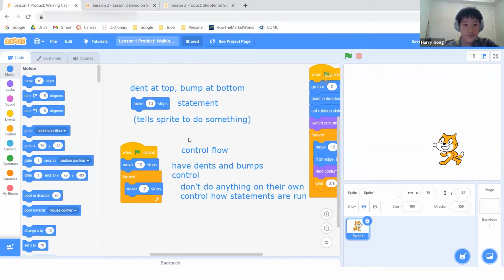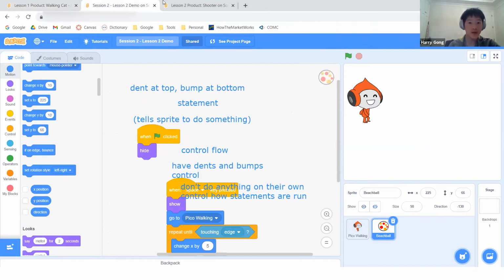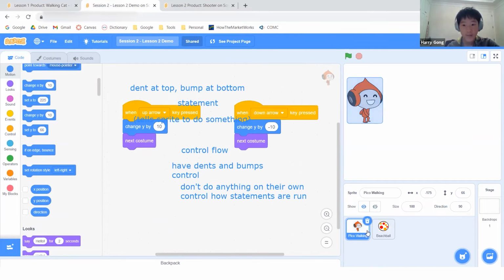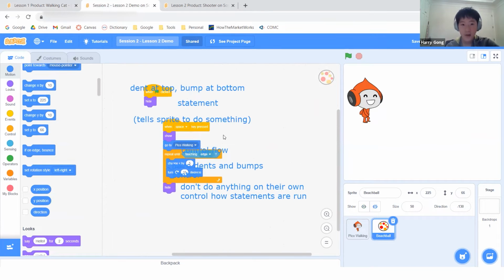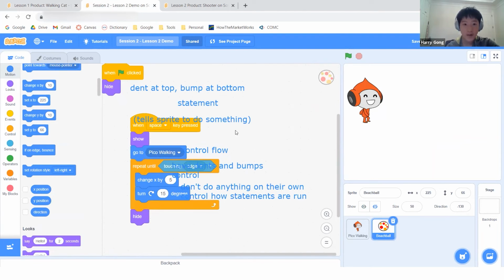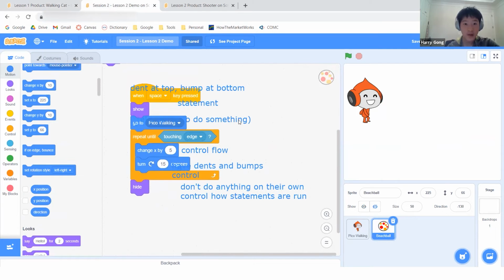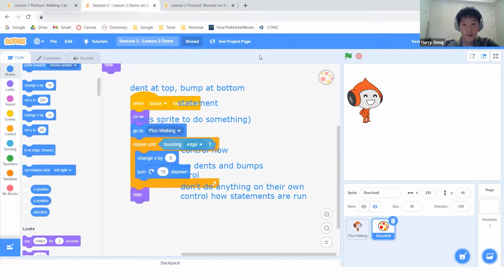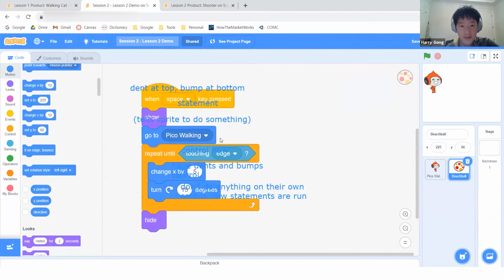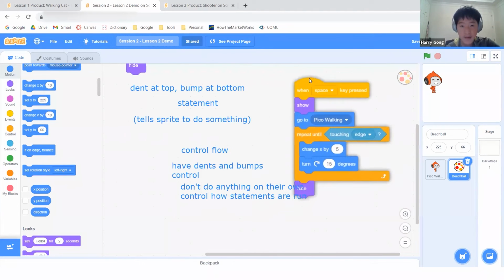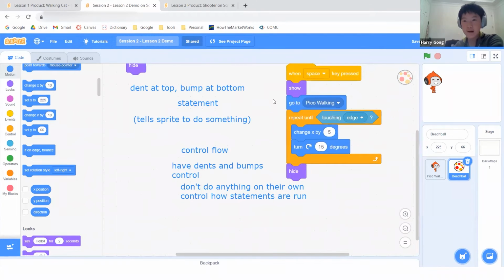All right. But starting with our second lesson, with our lesson last week, we saw a new type of block. So we've only seen one of these blocks so far. It's the touching edge block. Let me make this out of the way. All right. So